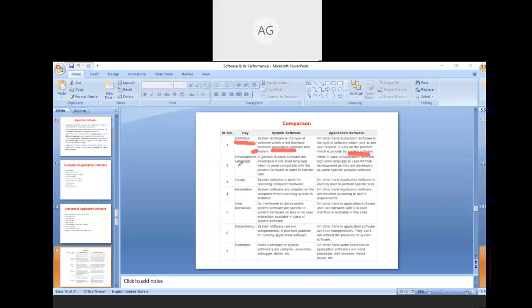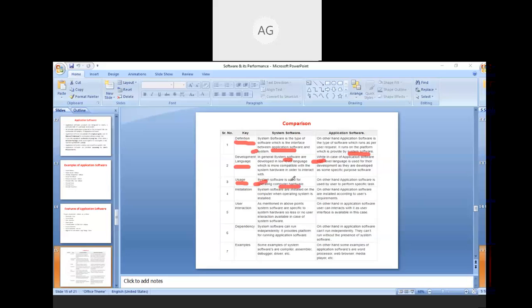So the next point of difference is development language. In general, the system software are developed in low level language, which is more compatible with the system hardware in order to interact with it. Whereas application software are written in the high level language, as we already discussed in the previous slides. Now the third difference is the usage. The system software is used for operating computer hardware.